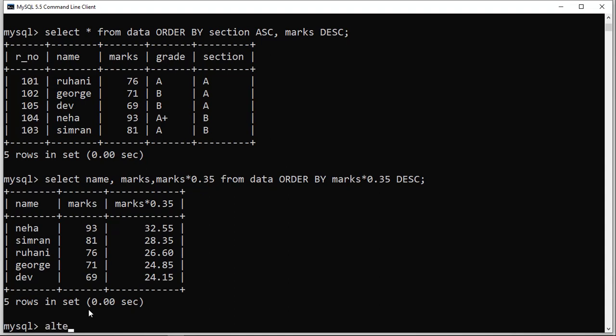For adding a new column, you know that you have to use the alter syntax. Alter table, and the name of the table is student, sorry, not student, data. Alter table data, and then add, the name of the field is project, the data type is varchar, size is 15.